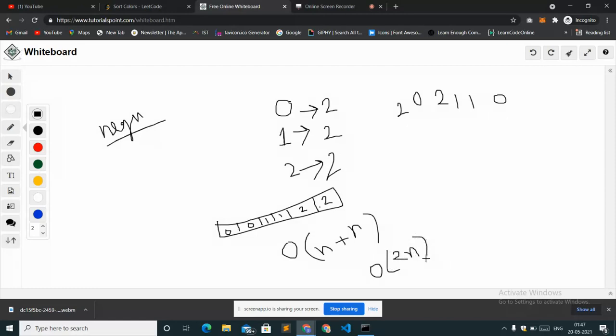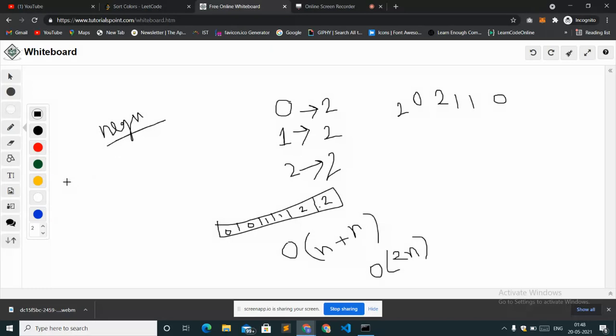But the thing is that in an interview, the interviewer might ask you to reduce the time complexity even further. They can ask you to do it in one pass rather than 2 passes of a loop. So what can be the approach to solve this problem in one pass? This is basically an implementation of the algorithm called the Dutch national flag algorithm. If you don't know what the Dutch national flag algorithm is, I will put a link to it, or otherwise I am also going to teach that algorithm here.